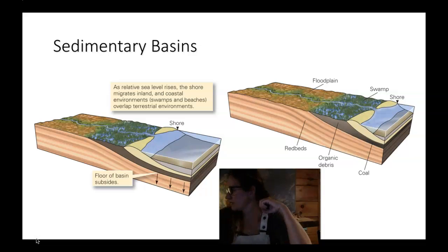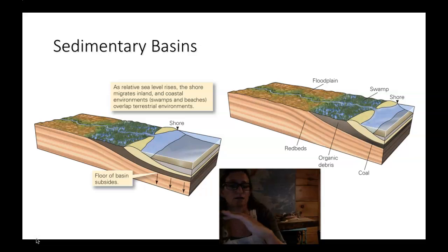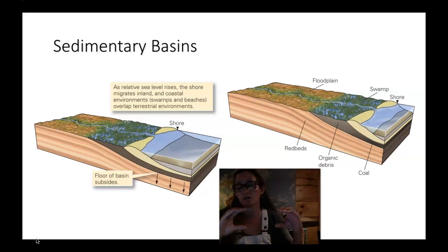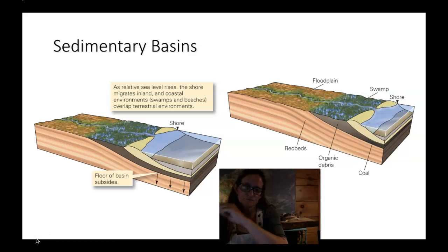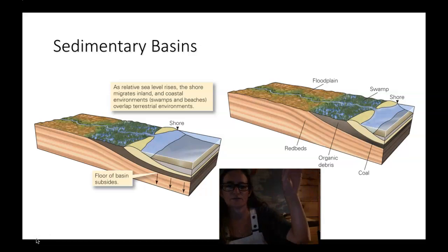Sediments are going to be deposited often in basins, and the grand basin is the ocean environment. And those basins are going to have a record at the shorelines of sea level rise and sea level fall. So this image is just showing that sediments are in a basin and they are going to move with the changes in sea level. So maybe on the left here, sea level may be rising, but here on the right, sea level would be falling, and the sedimentary environments that are moving out